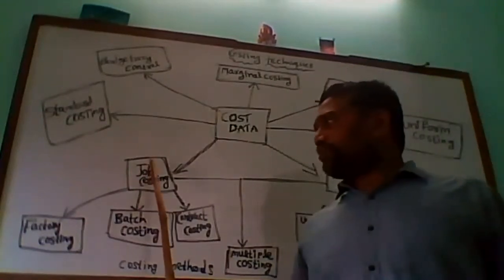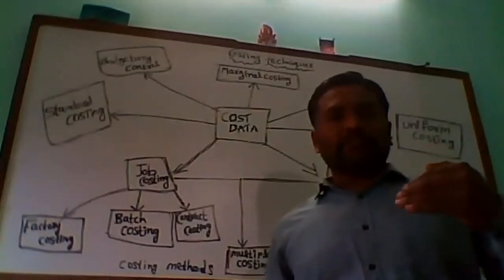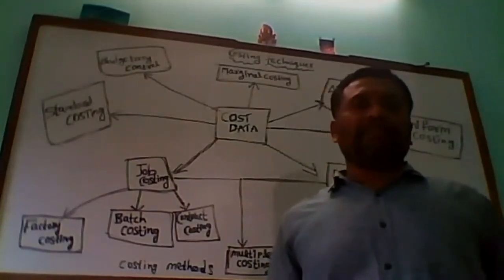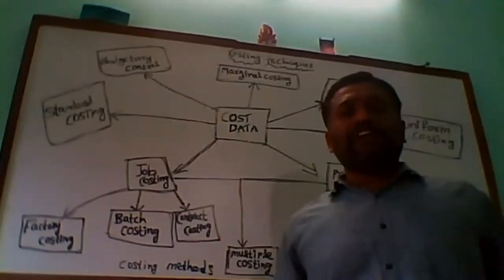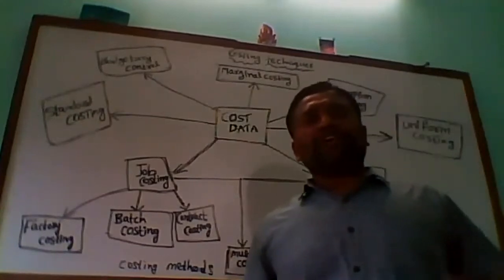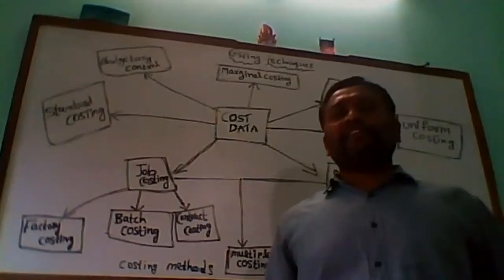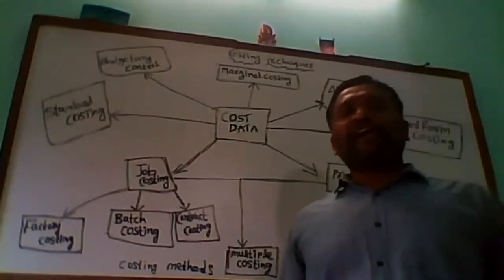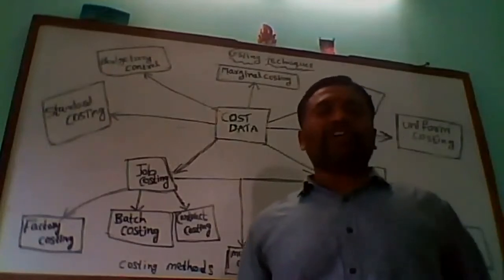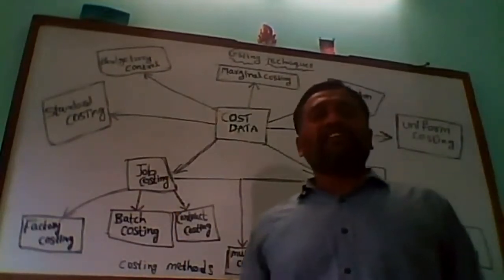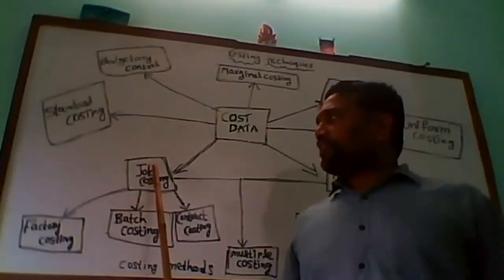For job costing, I told you, for example, suppose they want 100 invitation cards, and they will go to a printing press. For example, if any marriage party is there and they ask, we require 100 invitation cards, and they give this order, and that printing press person will take the order and produce it, print those invitations, and hand them over to the customer. And this we are calling customer oriented. So whenever the customer requires, we are going to prepare.